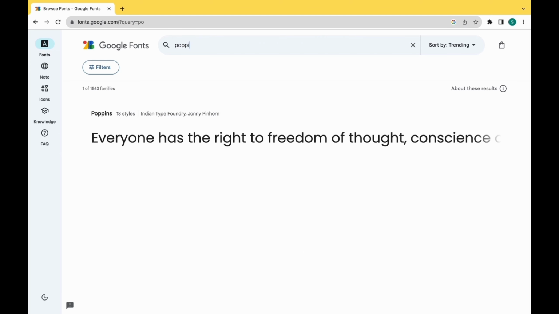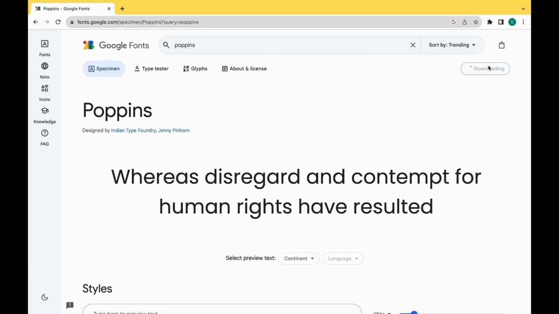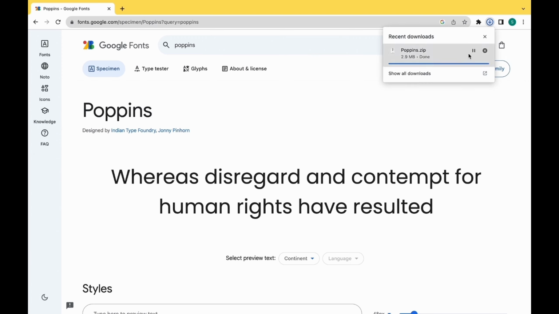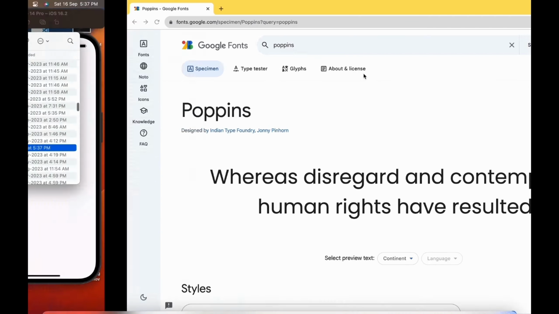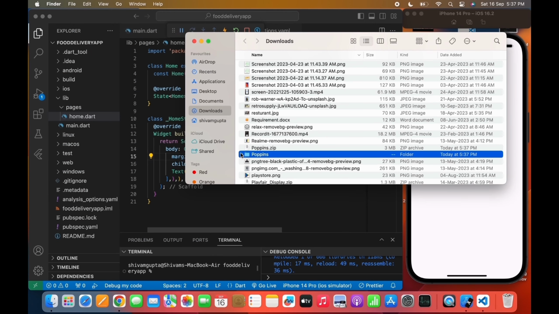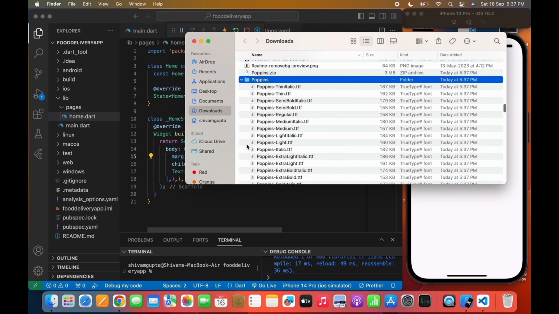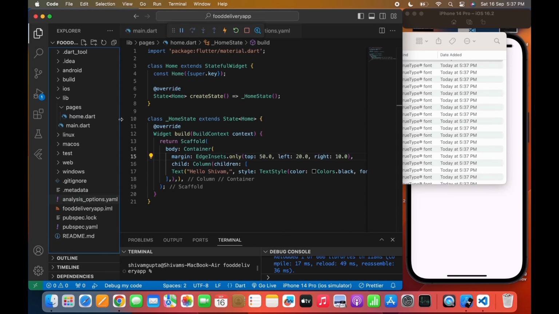Now I want to give some styling to the Text widget here using the font family. So I will go to the Google Fonts website and I will search for Poppins here, and I will download the font family from here, unzip the zip file, and create a new folder named fonts here. Now inside the fonts folder I will paste the Poppins